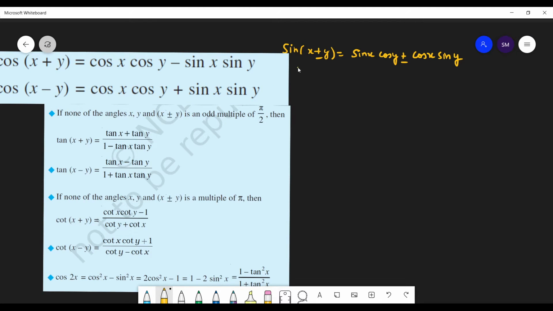Now cos(x plus y). What will be the formula for this? Cos(x plus y). So students, like I told you, start with sine x. So here start with cos x. Yes, easy. And the next thing is that here you have cos x. So like here it was cos y, so same cos y here. So that's the thing with cos. So write them together.